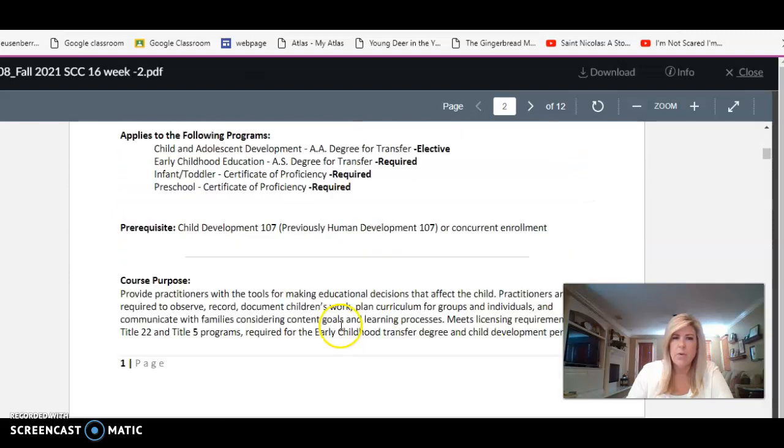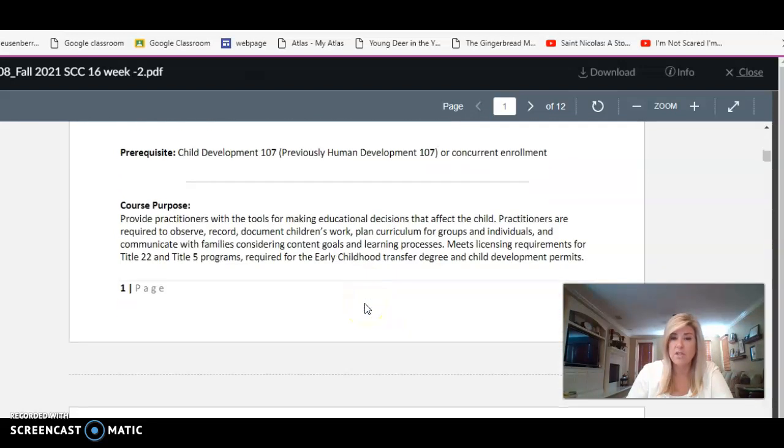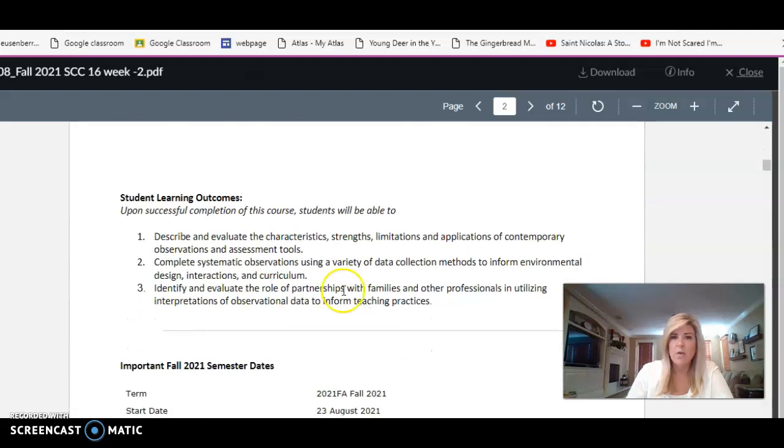And the prerequisite is CDEV 107. Okay, you want to make sure to have 107 before you take 108. I will always list each week, whatever we're covering, and I will make sure to indicate what SLO, which are your student learning outcomes. There are 3